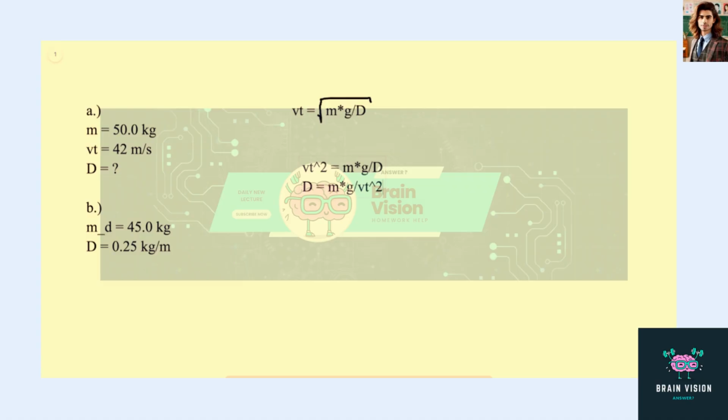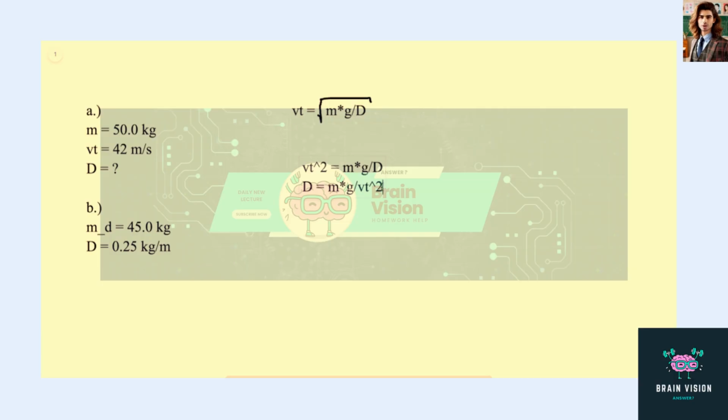And now we have all this information. So if we are using m equal to 50, g as 9.8, then when we plug all of this in, we should get 50 times 9.8 over 42 squared, which will give us